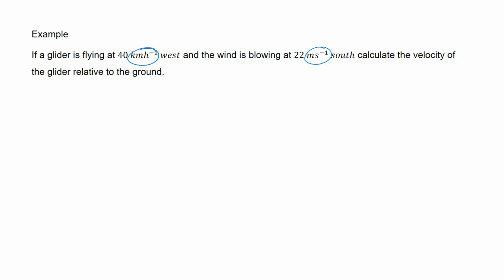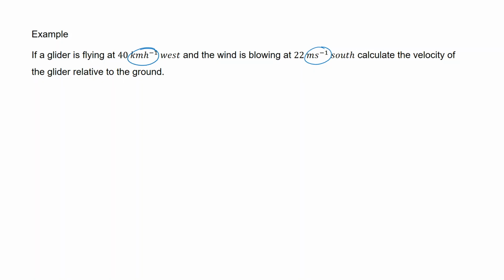I'm just going to have to put these two speeds together to find the resultant velocity, okay? Now, one's in kilometres per hour, one's in metres per second. I'm going to need to convert them both to the same units. Converting between metres per second and kilometres per hour is something you're going to have to make sure that you remember